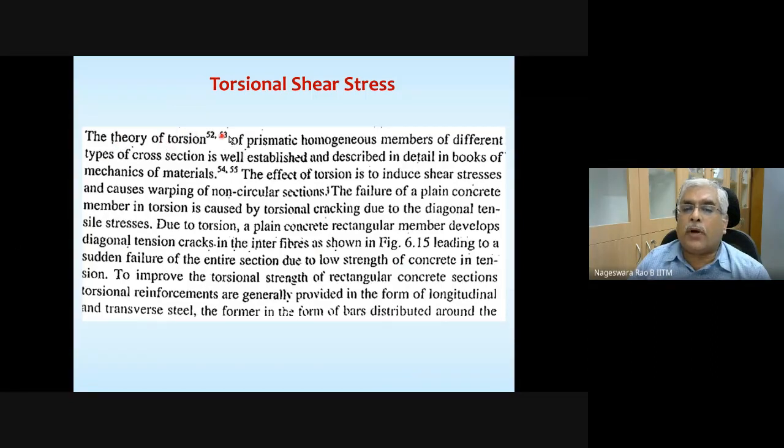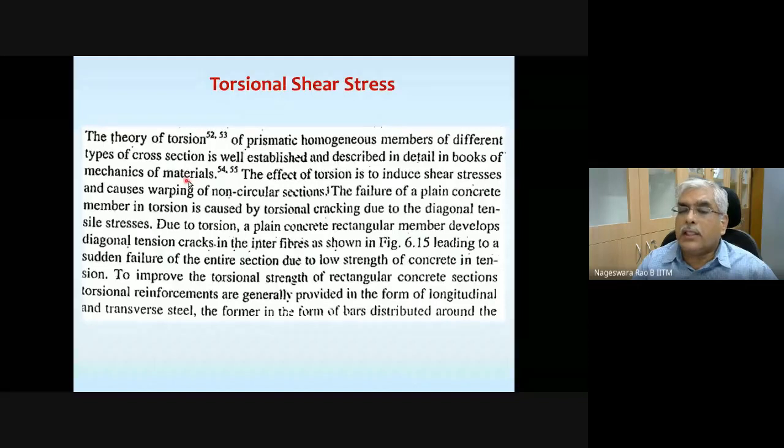The theory of torsion of prismatic homogeneous members of different types of cross section is well established, or you must have studied it as a part of your mechanics of materials, at least torsion of circular sections. So let's go through this. The theory of torsion of prismatic homogeneous members of different types of cross section is well established and described in detail in books of mechanics of materials.